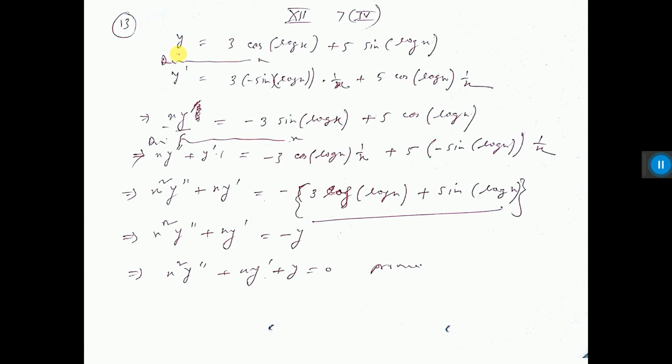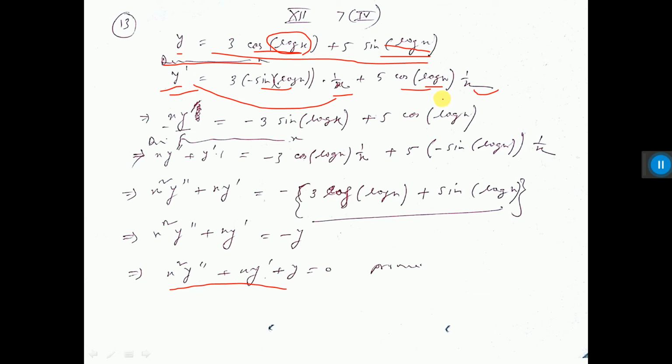See here y equal to given, we have to prove this thing. So if you differentiate both sides with respect to x, here it is y dash or y1 or dy/dx, cos x consider, this log x is consider x, then cos log x is minus sin log x into log x differentiation 1 by x, again sin x, that is cos x, again log x differentiation 1 by x, you multiply by x, so this x will come here.